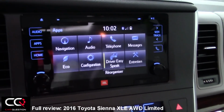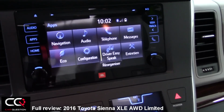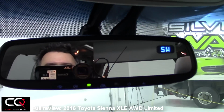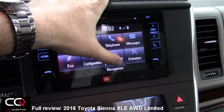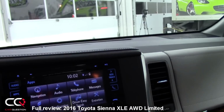So if you have a lot of kids in the back and you want to talk directly to them, let's say, shut up, you little... Okay, I don't know, something like that, you get angry and you want to tell them exactly what you're thinking, well, it's gonna be the way. So if you want to turn on or turn off that system, you're gonna be simply pressing that button, but be careful. If you have too much sound,